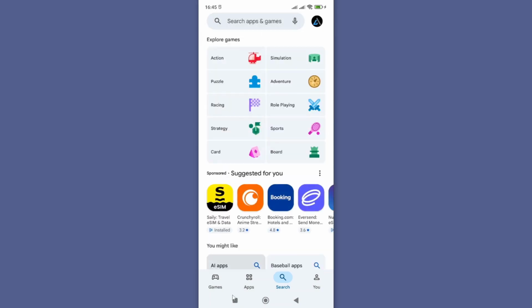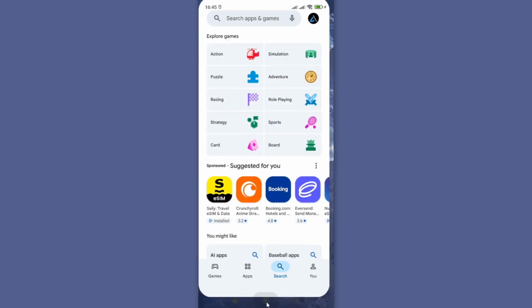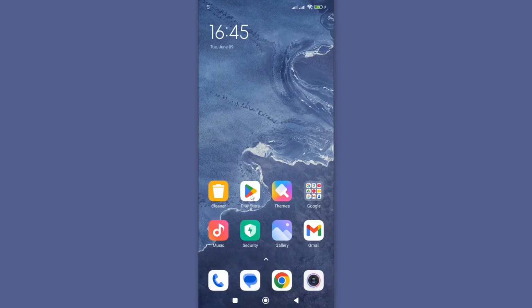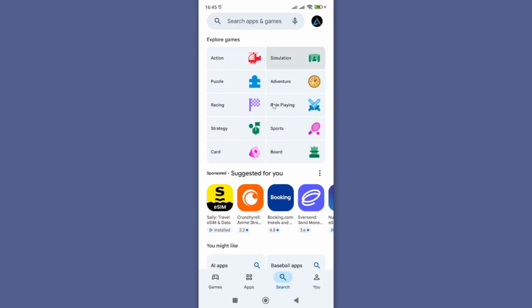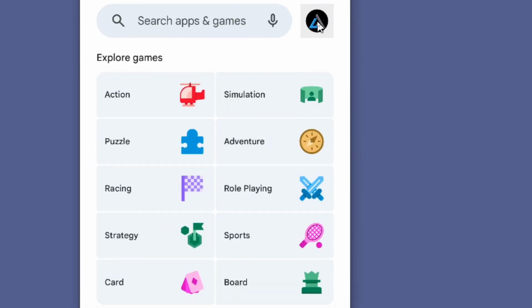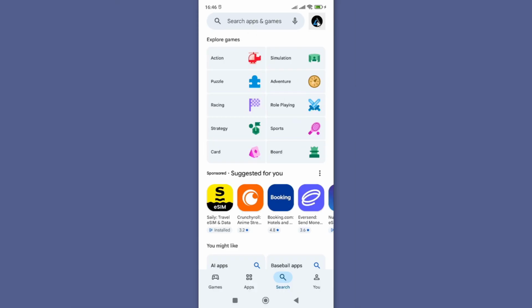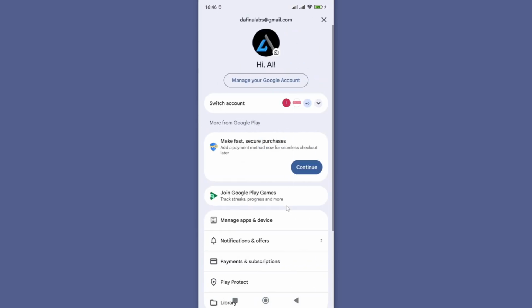First, you need to go back to your Google Play Store app. So I'll go to Google Play Store and tap on it to open, and from here you want to make sure you are logged in with your Gmail account before you try to install your app. However, if you are logged in and can't still install it, then go to this profile image and scroll down